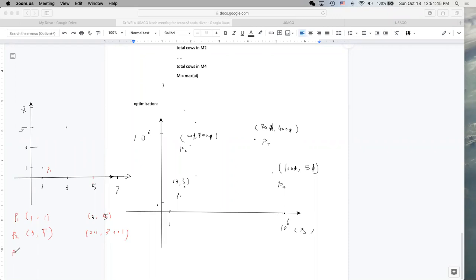Then let's go to P3. P3 is 701, 4001. In terms of X, it's the third, 3, 201, and 701. So you tell me, we're going to put it at position 5, right? So this one belongs to 5. And as to the Y, 4001, that's the highest. So we're going to put it at 7. So this is P2, and then this is going to be P3, right? So this is 5 and 7, and the original is 701 and 4001,